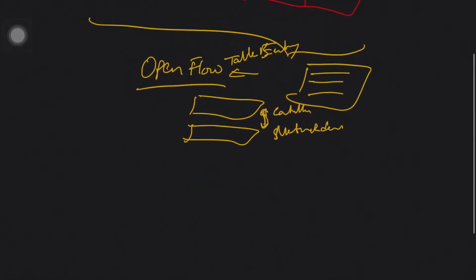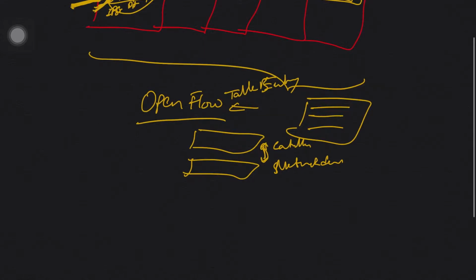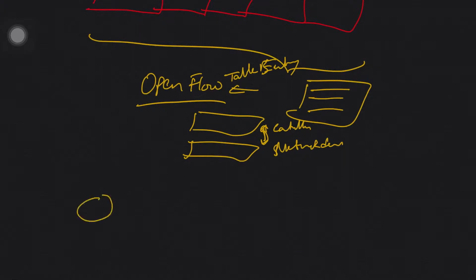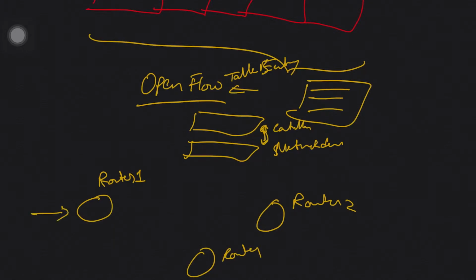So yeah, let me show a little example. This is not a full example, okay? This is a little example. Okay. So let's take this is one of the router 1 and router 2 and another router 3. So here you are getting an IP source from